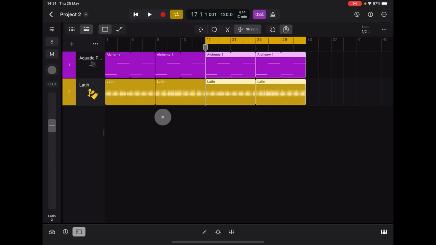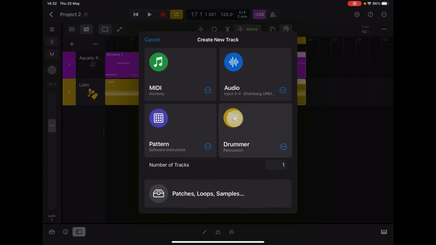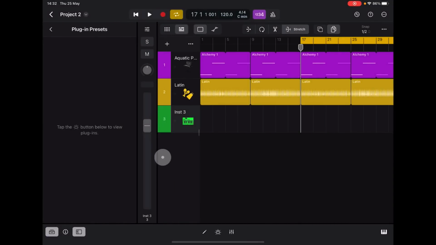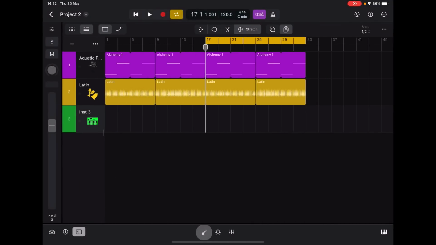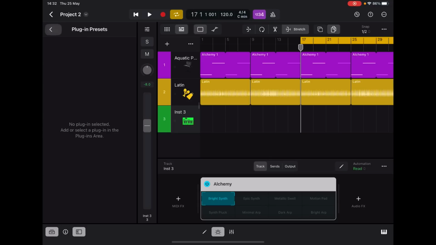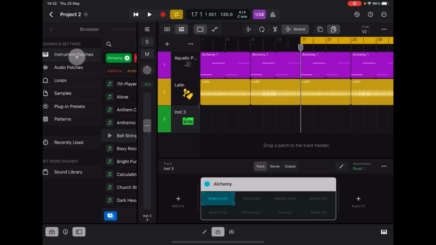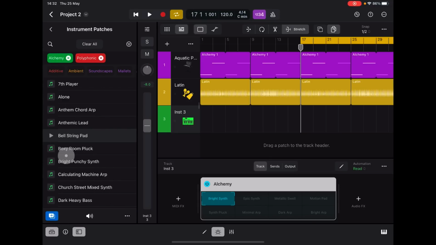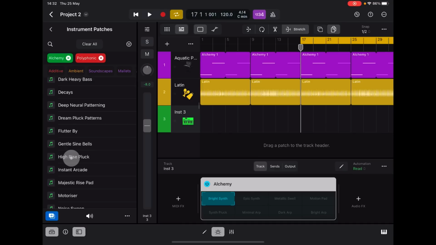So I will add another Alchemy. Now we've got our loop on for this second section, so that's fine. We're just going to hit plus here, and it's already on Alchemy, so I'll just create a new Alchemy track. Tap on here. I'll close the inspector for a moment. I'll tap on here, and there it is. And there's the thing. So I think, yes, open our inspector again, because we want to be looking for instrument patches, and it's already chosen on here. So I'm going to find some sort of